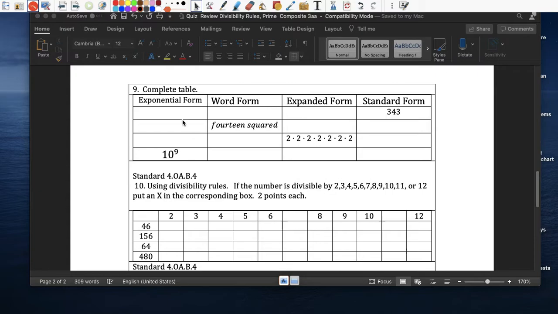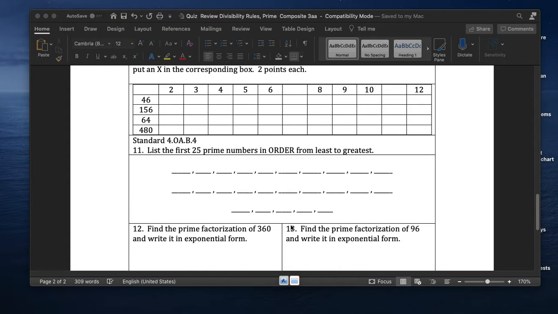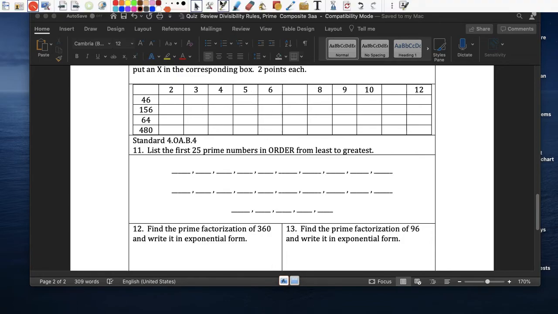Okay. Let's scroll down. This is the first 25 prime numbers in order from least to greatest. Oh my god. Alright, so the first prime numbers: 2, 3, 5, 7, 8, 9, 10, 11, 12, 13, 14, 15,